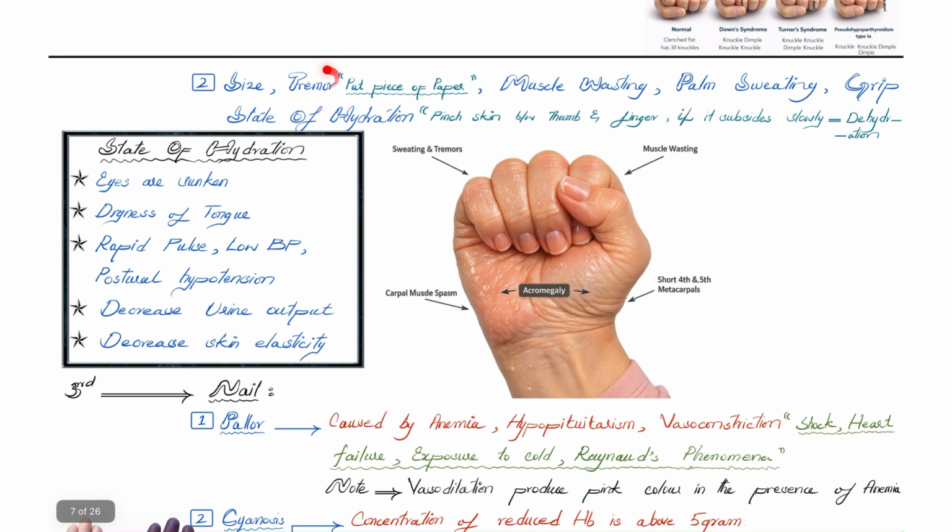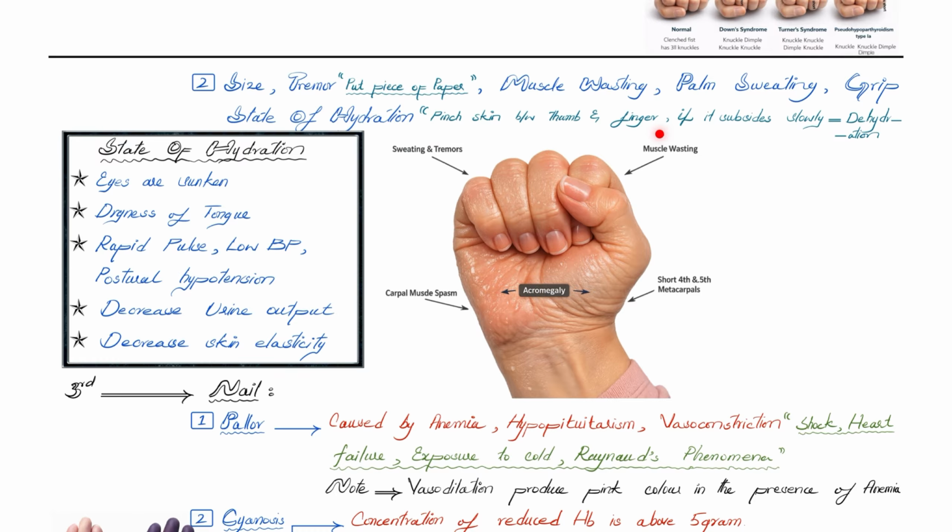In case of fine tremor, you can put a sheet of paper over the hands. See for muscle wasting. Muscle wasting can be seen in the thenar muscle and hypothenar muscle of the palm. See for palm sweating and grip. Ask the patient to grasp your finger strongly, and the state of hydration can be assessed by checking the skin turgor,